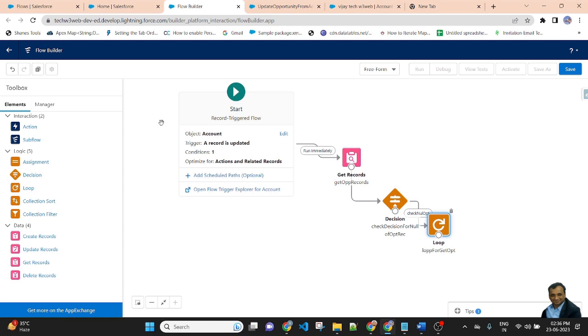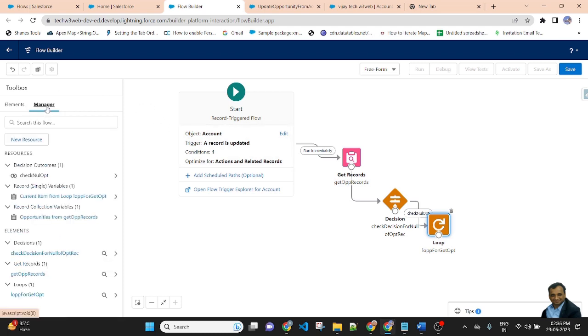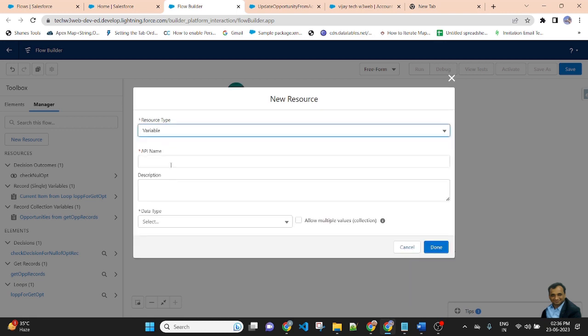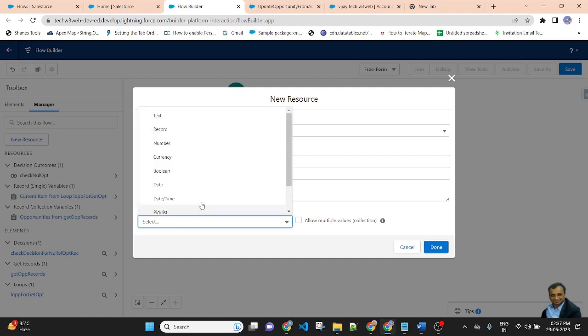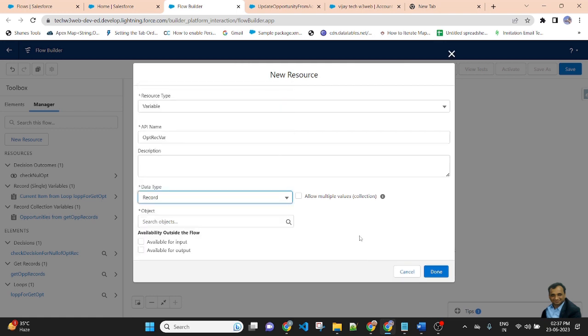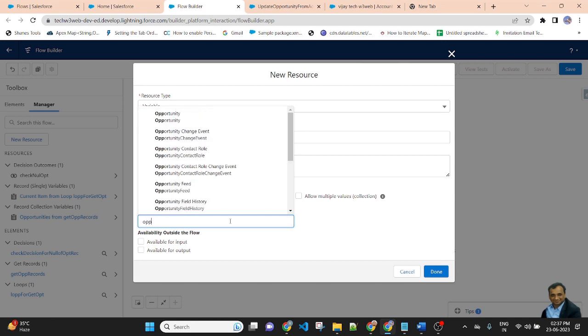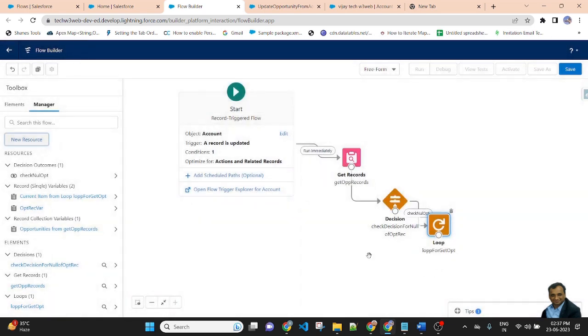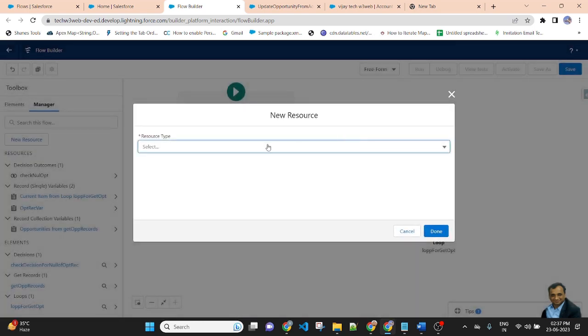After that, I will create a variable to store a record ID. So I will create a new variable, record variable, API name OPT record var, opportunity record variable, data type record, object name opportunity, and done. I will create another variable that is a related list of opportunity.